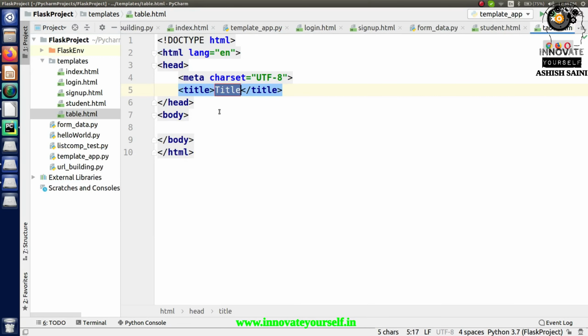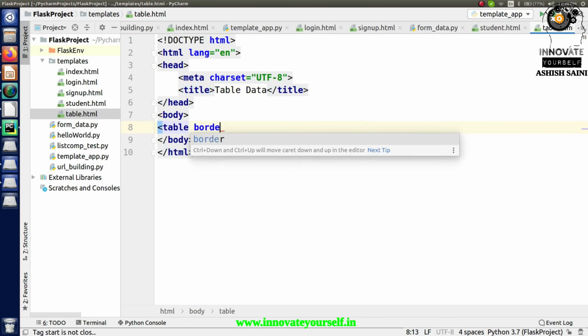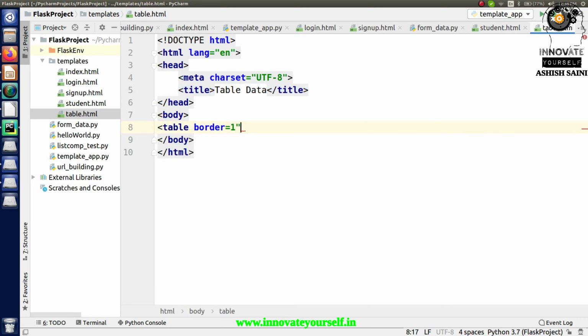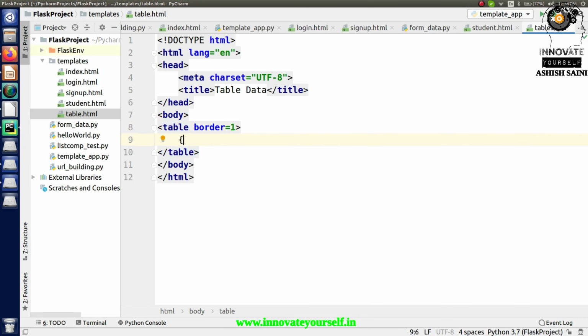right. So that is what exactly I have to do, and in here I'm going to pass what I'm doing, right? So just let's say table data, and in here the most important thing that I'm going to do right now is that I'm going to use a loop, and that loop is a for loop, due to which I will be able to collect the data